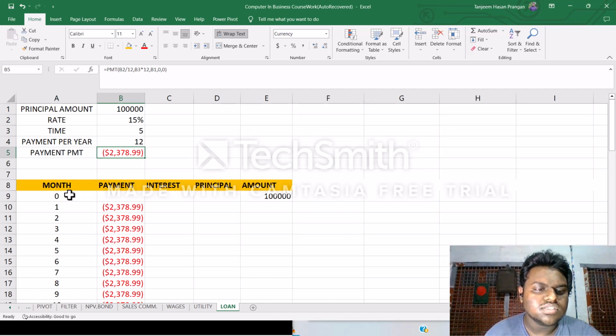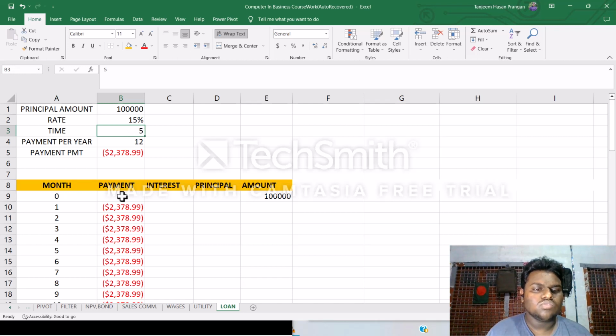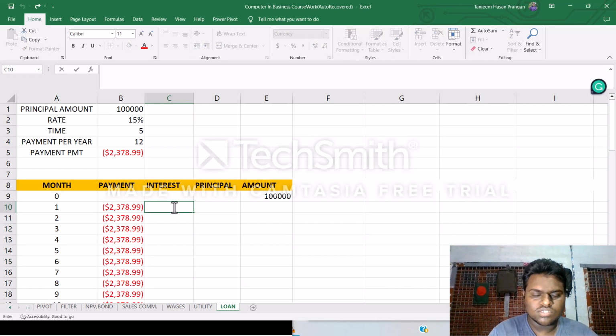In the last video, we learned about the payment, calculating all 60 months, which is the combined 5 years. This is the payment all the way through 60 months, and now we would like to calculate the interest. To calculate the interest, we are going to use the